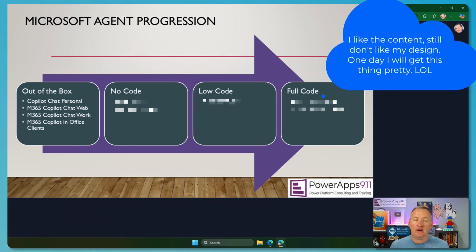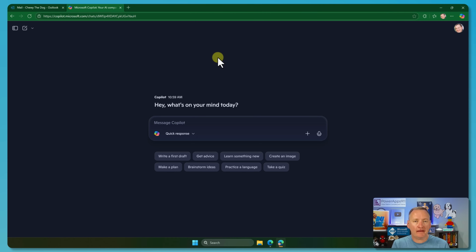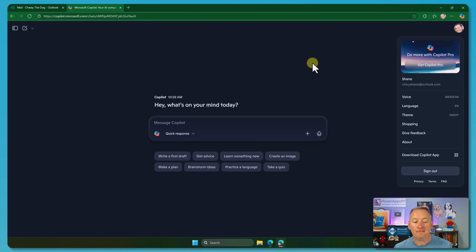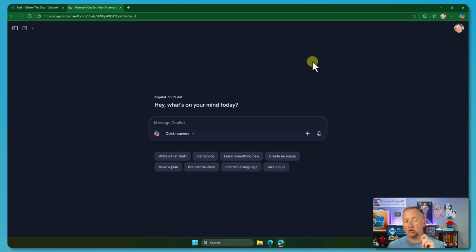To begin with, let's start with just simple Copilot Chat, right? And what I find from teaching this in my classes is that it's way more complicated than most people think. But the main thing to remember when it comes to Copilot Chat is that how you're logged in matters, right? So if you're not logged in at all, you basically get a really terrible experience. You should never use that experience. If you log in with your personal account, like I am here, right? When you see up here, I'm logged in with my Cincy Shane,